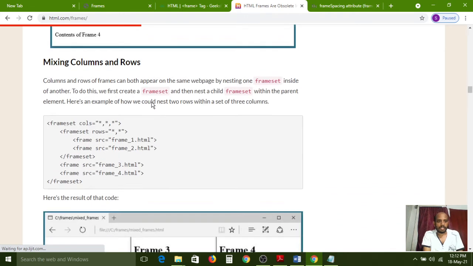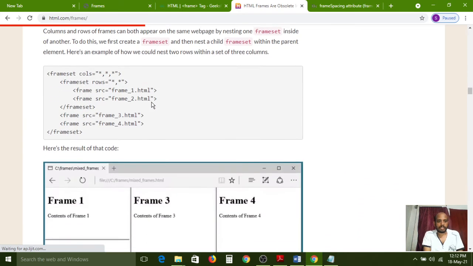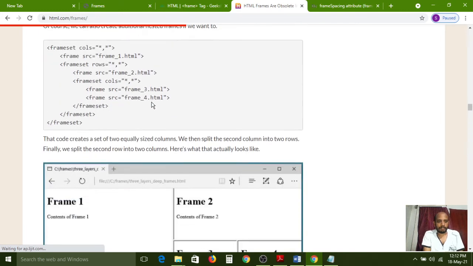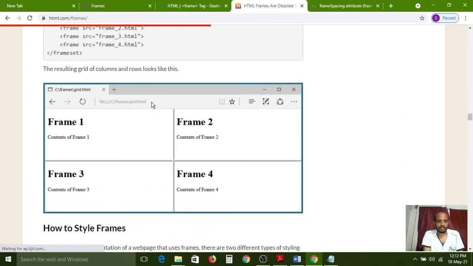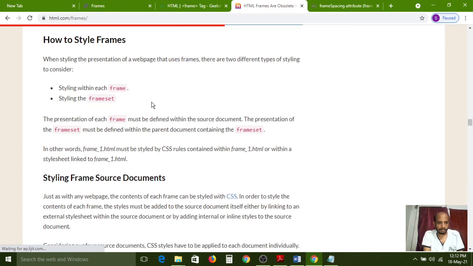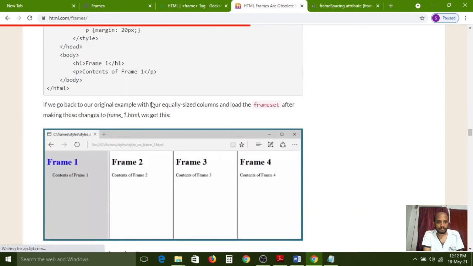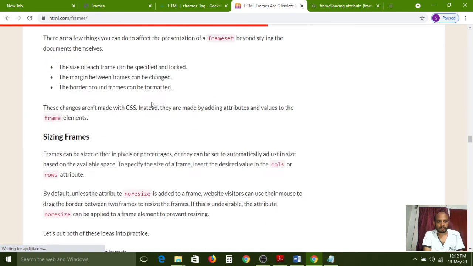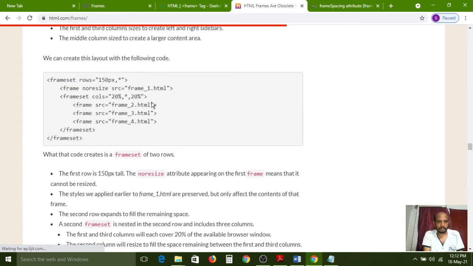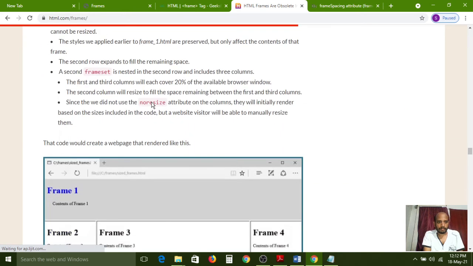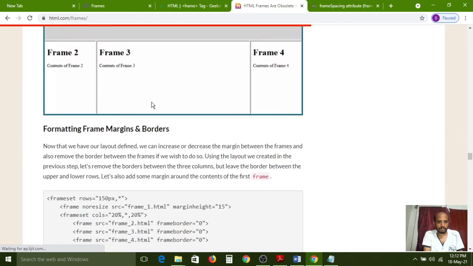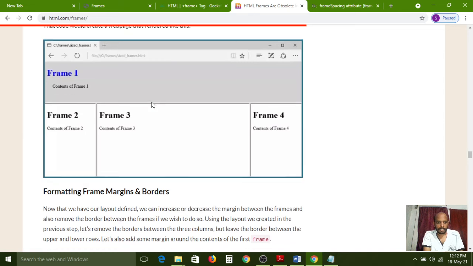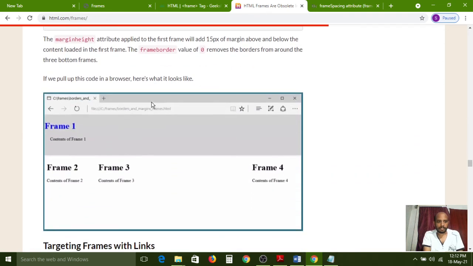Horizontal frames, mixing columns and rows. And next one, frame border 0.